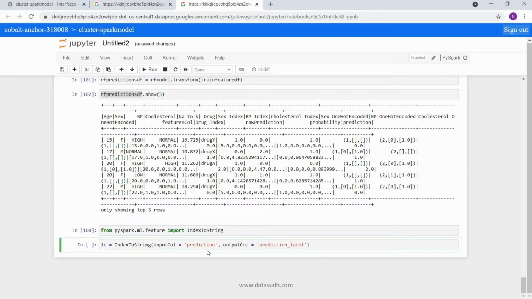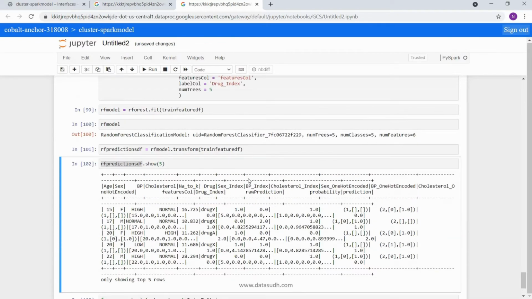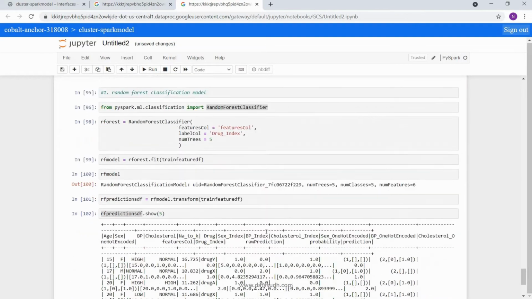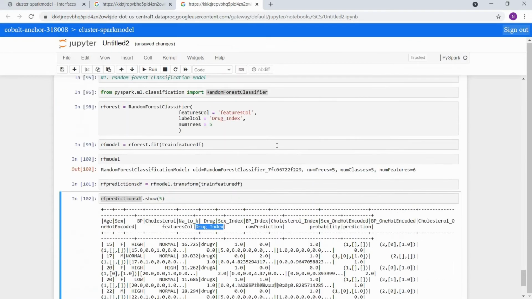Now I need to tell this method how to map this index to the respective label, because it does not know which index to map to which label, it has just predicted it. So in the previous step, when we converted the target column to index, we are going to use the same mapping which we used to convert the drug column to drug index.